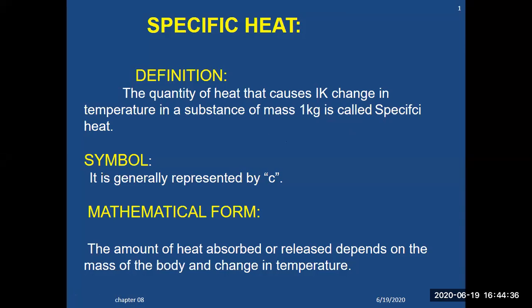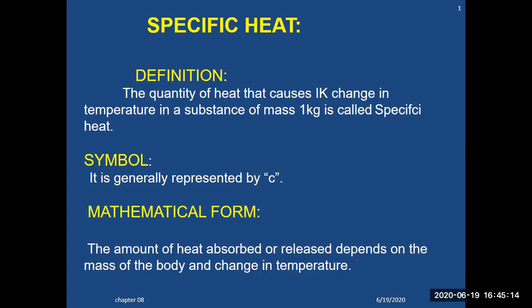Number one: if you are given a bucket of water, and the quantity of the water is not calculated, that is a certain amount of water. And if you are asked to increase the temperature of that one bucket, or 10 or 100 liters, a tank of water whose mass you have not calculated, by 1 Kelvin, the certain amount of heat required to raise the temperature through 1 Kelvin is the heat capacity. But if you are asked to increase the temperature of 1 mole of a substance through 1 Kelvin, that is called molar specific heat.